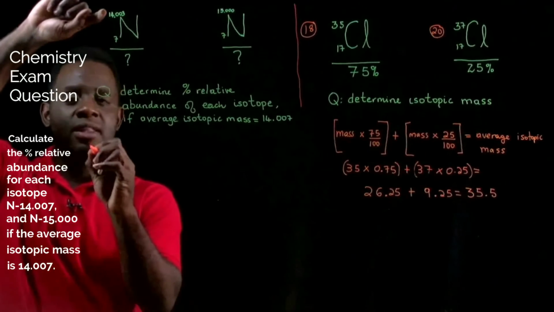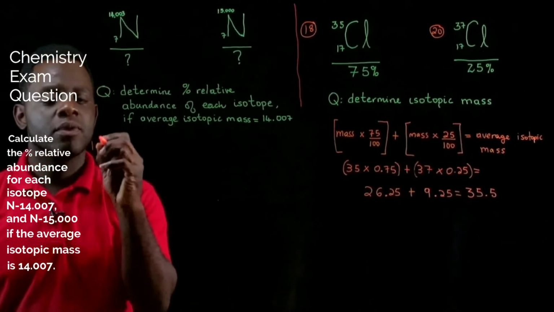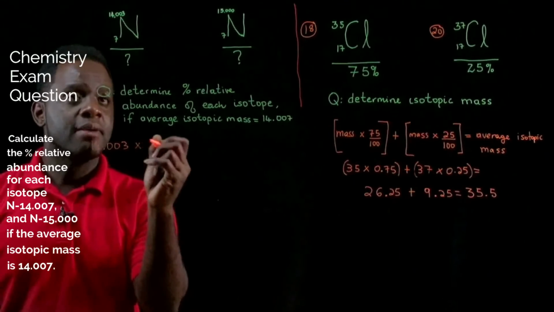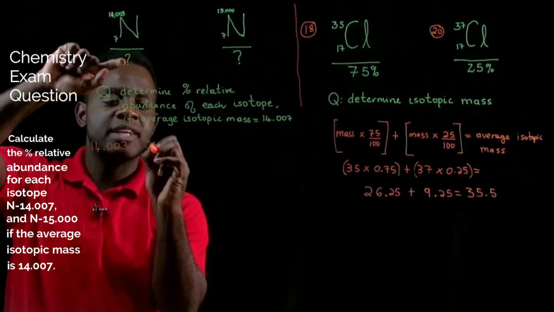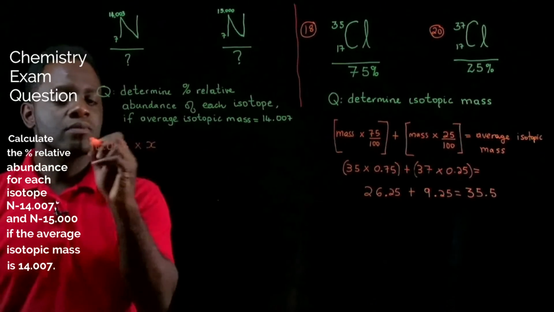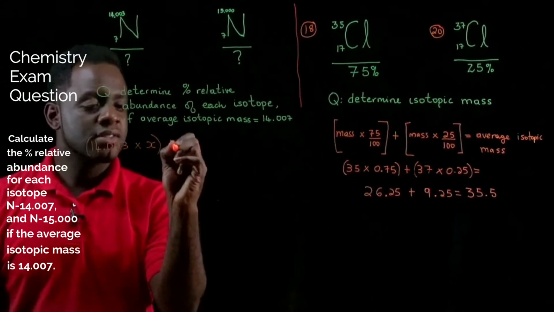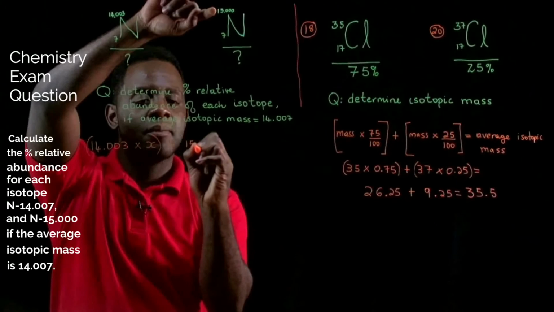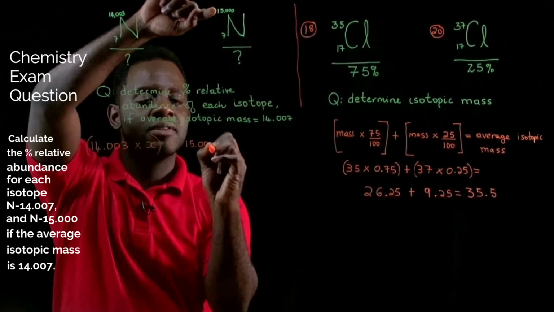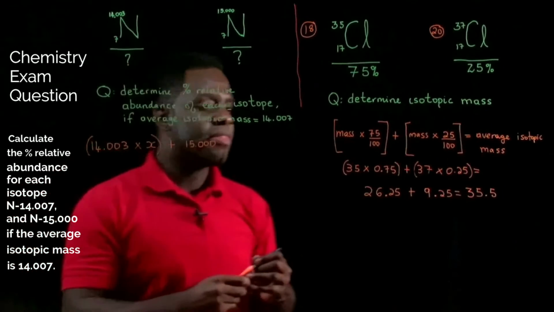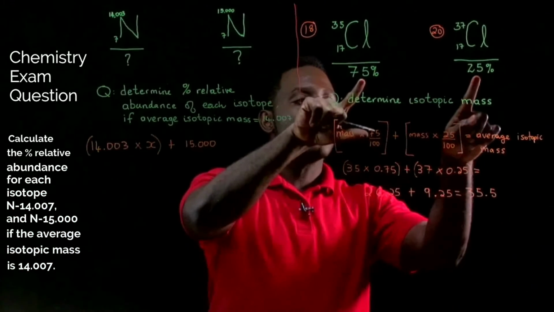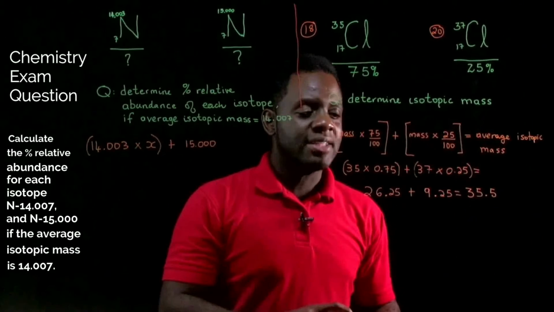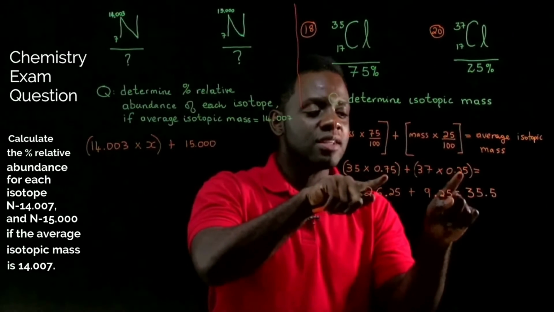So let's start by writing the mass of this isotope, 14.003, times, and let's use X to represent the abundance of this isotope, plus the mass of this isotope, 15.000, and remember that these two relative abundances are equivalent to 100%, and expressed as a decimal, these two numbers